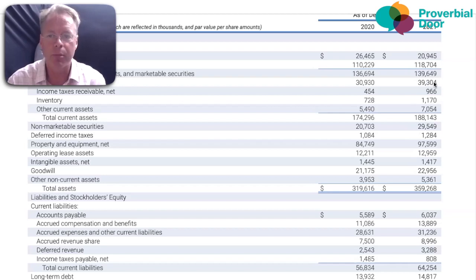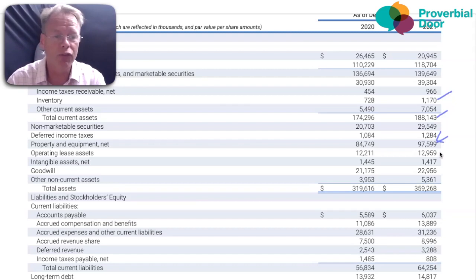40 billion of accounts receivable, not a lot of inventory, but that kind of makes sense. They don't have a lot in the warehouse. 188 billion in current assets, quite a lot of property, plant and equipment. If they're moving into these web services, they're going to need lots of server farms. They probably don't rent their offices, they just buy them, because they can afford it, because they've got tons of